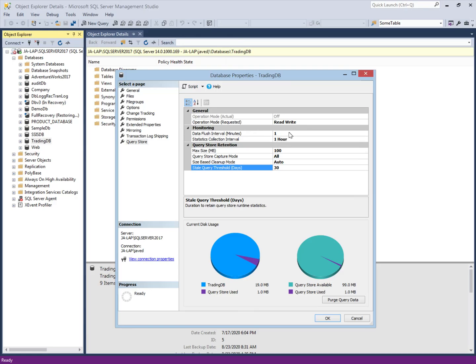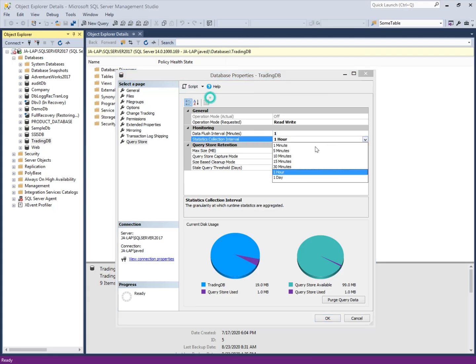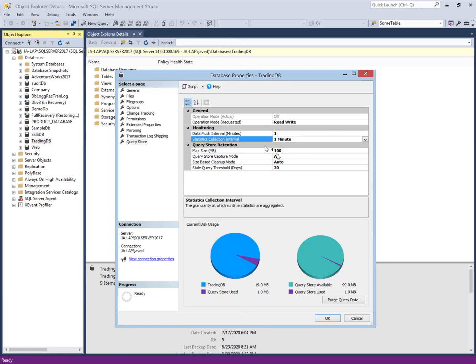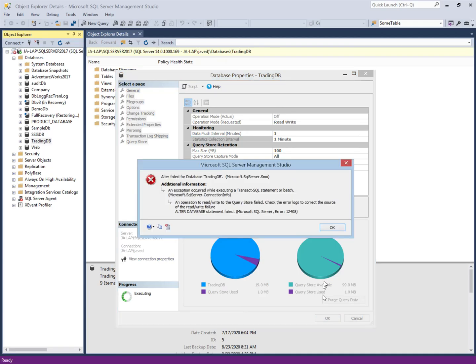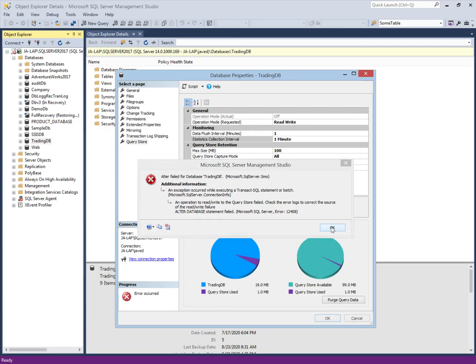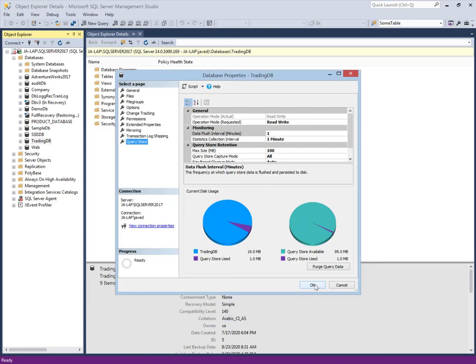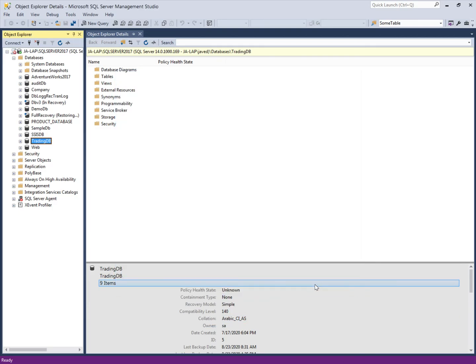These are the options which we have to set for the test environment. I will set it to 1 minute, and just for testing I will keep these settings, and I will press OK. There is some problem. Okay, it's okay. This is the configuration of Query Store for a particular database, in our case the trading database.